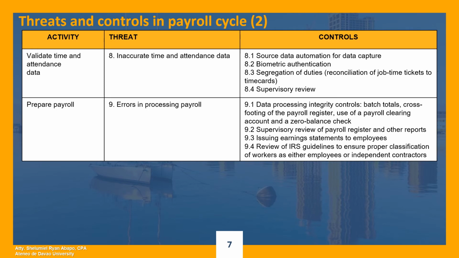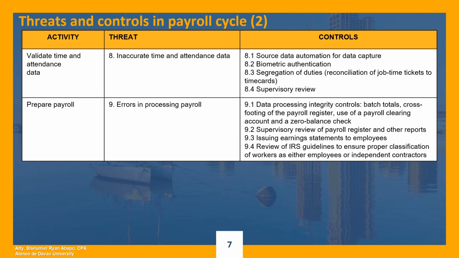Okay? Now, what is the threat of this payroll processing? It's obviously the errors in processing payroll. Errors obviously can hurt employee morale, particularly if paychecks are late. In addition to incorrect payroll expense records and reports, processing errors can lead to penalties if the errors result in failure to remit the proper amount of taxes to the BIR. Similarly, failure to accurately implement garnishment on employees' wages and remit those funds to the appropriate party can also lead